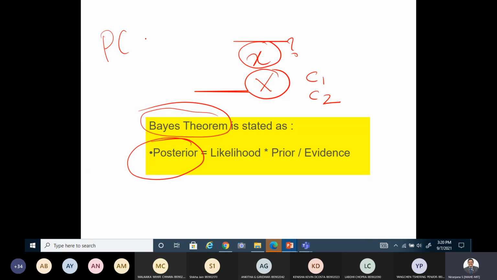So the probability of class given X will help you to estimate its likeliness of belonging to a class. Here you will be making use of the class conditional probability, or likelihood ratio sometimes, or likelihood probability. A term called likelihood is sometimes referred to as class conditional probability. It really helps you to calculate this.